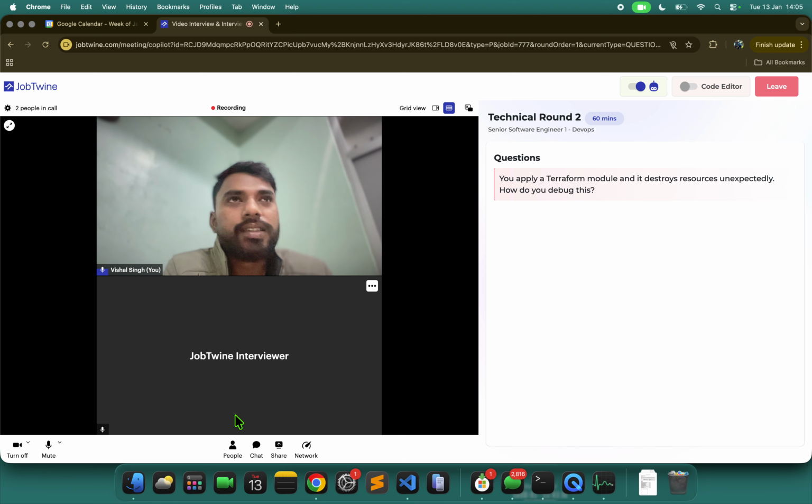So to mitigate this, I'll make sure what exactly resource is affected. I'll use the Terraform plan command that will indicate what exact resource is modified, and then we'll check what exactly things of that resource are modified. It can be any of the tags, AMI, or any of the configuration, the size of the machine or type of the machine. So these are the things I'll be checking on, and if it's a new change which I do not want to implement, I can change it back to the previous thing using the console, and then again use the Terraform refresh command to check if the error was mitigated.